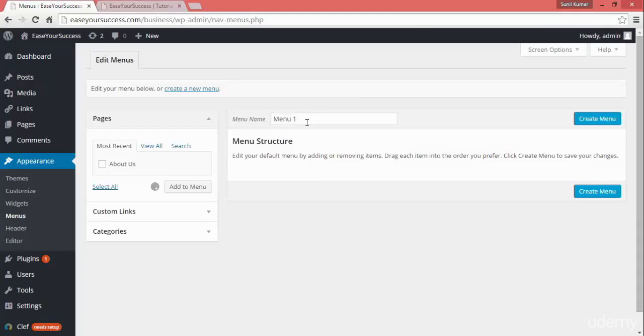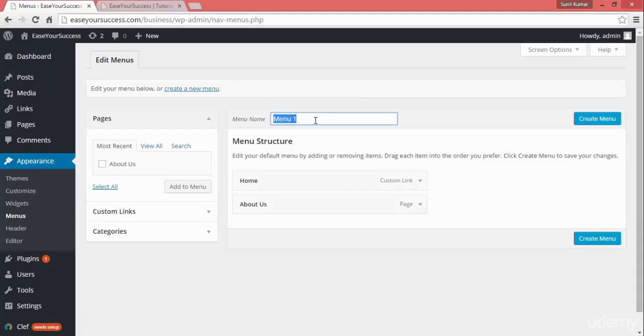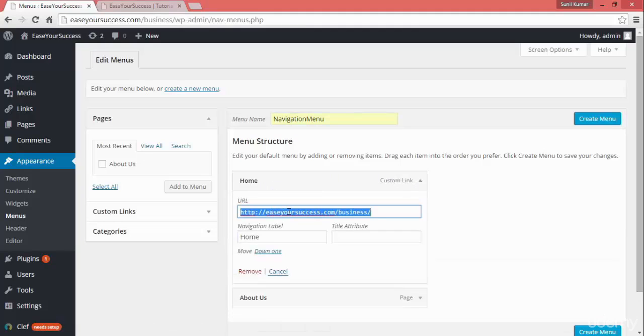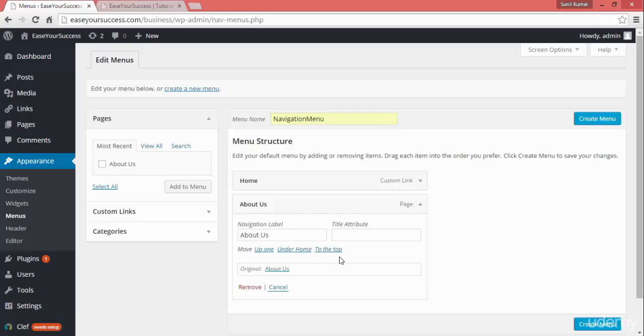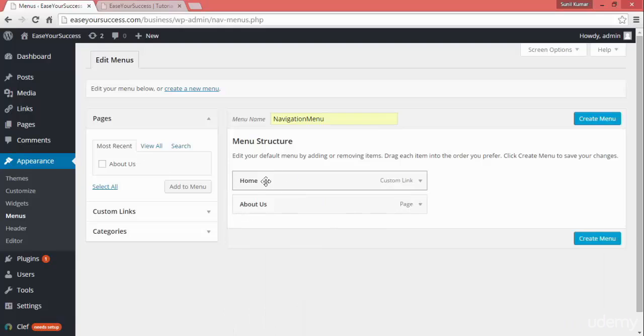You can see by default there is a menu, so we'll modify the name to navigation menu. By default WordPress has added a custom link which has a URL for our home page, and the navigation label is Home. Then our About Us page has been added. Now we have two links.